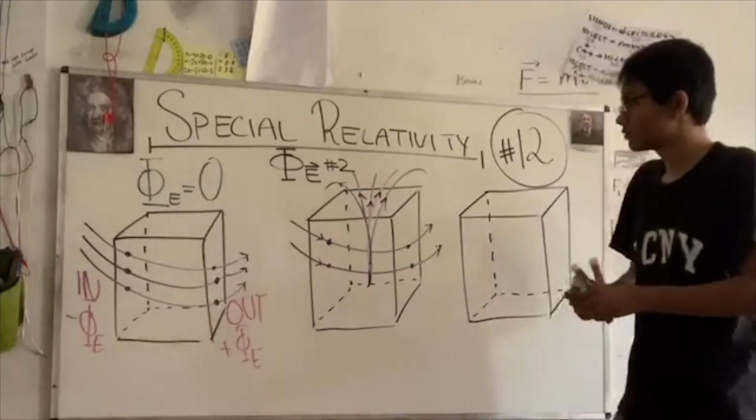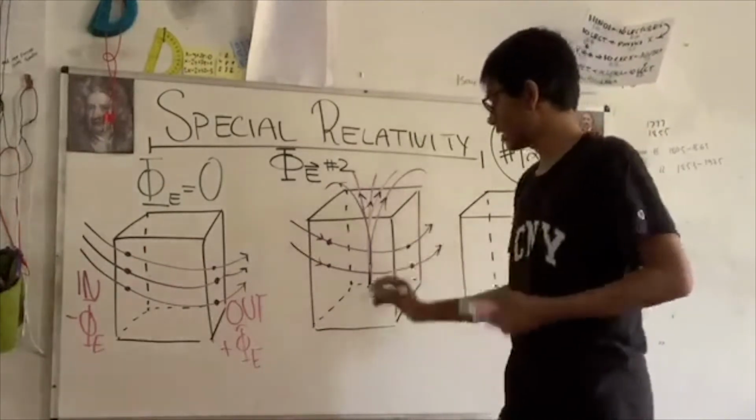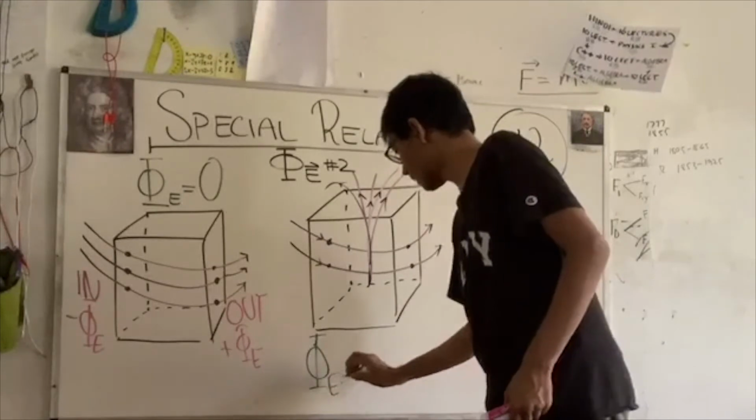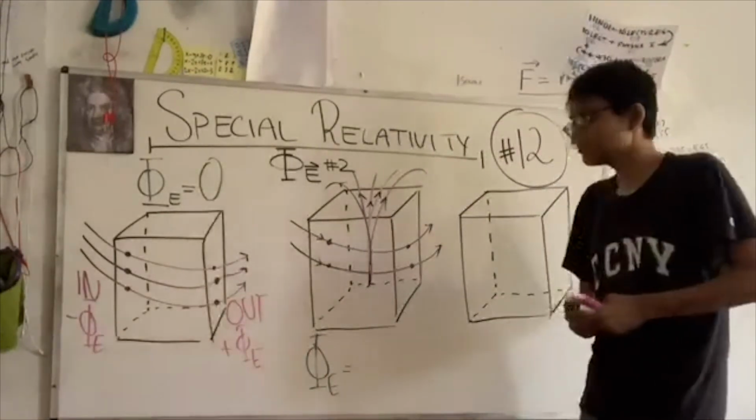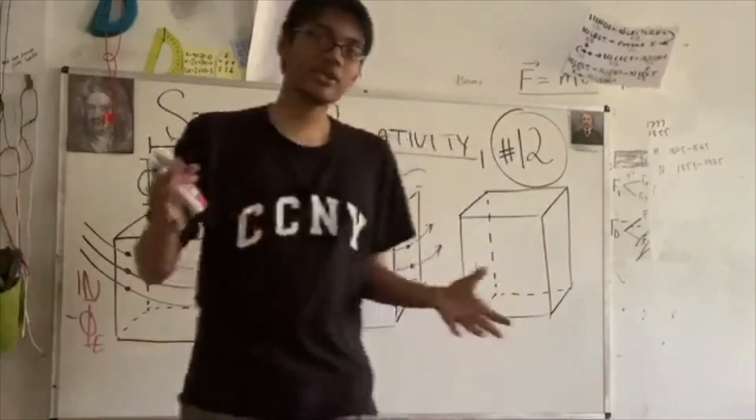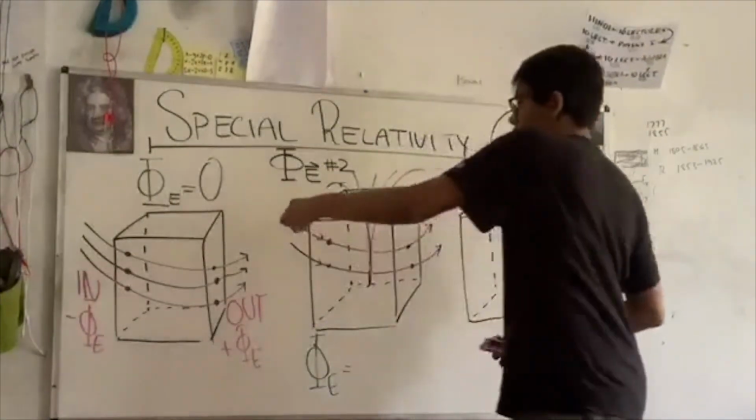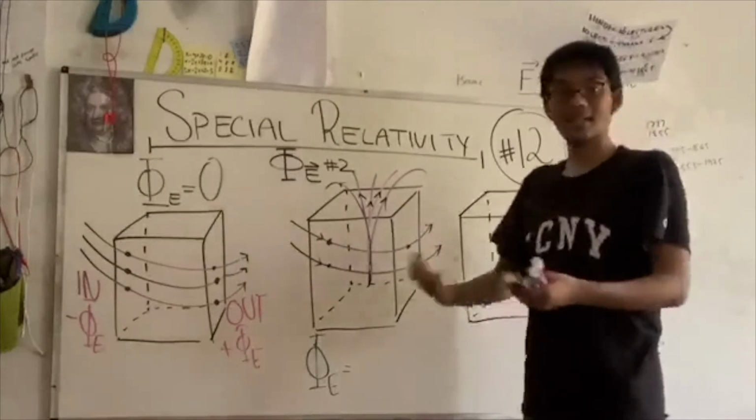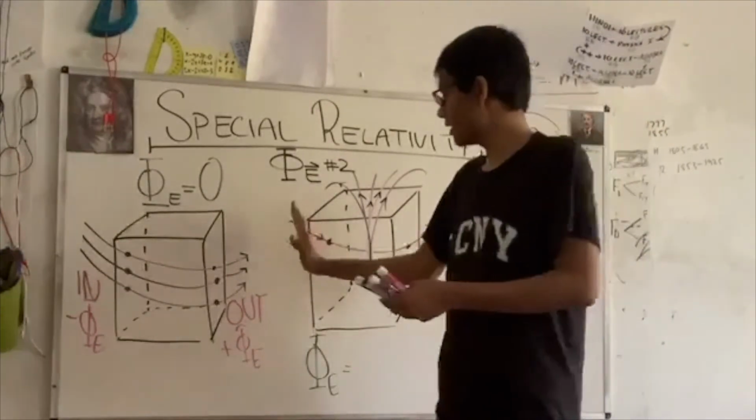Okay, so our goal is to find the electric flux through this cube. And how are we going to do that? Well, the same philosophy applies, right? First and foremost, electric field lines that are going horizontally, as I said, they're going to sum up to 0, right? There's an inwards